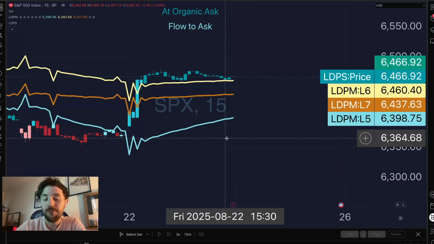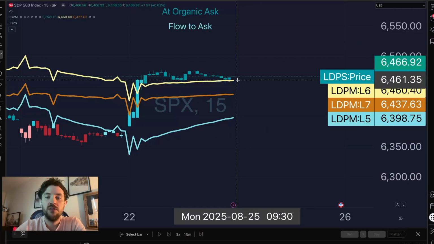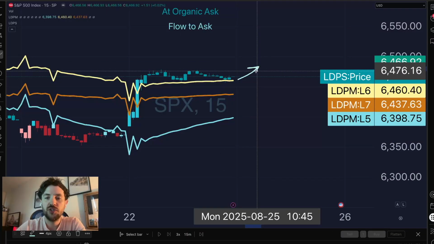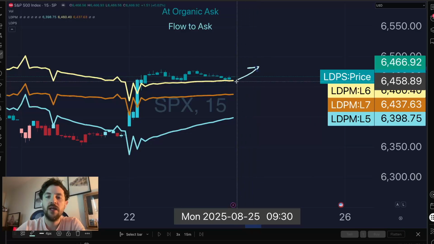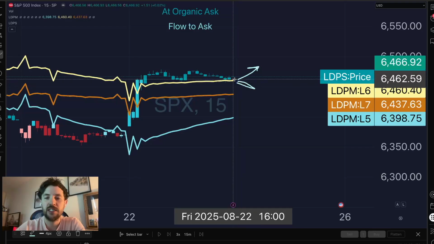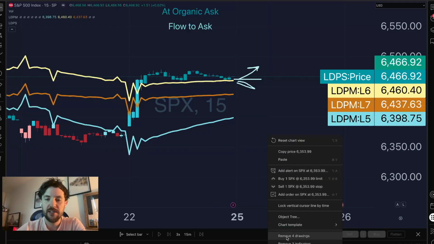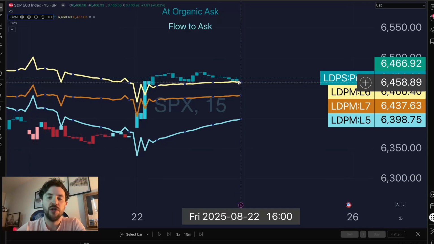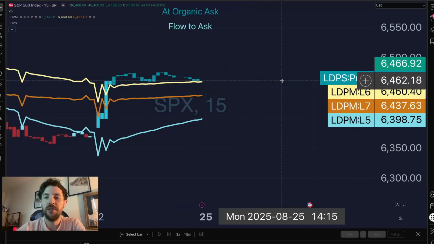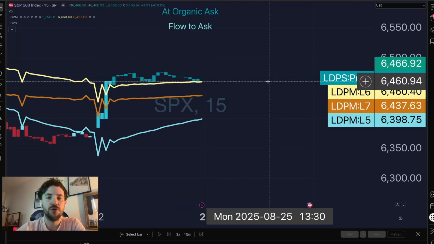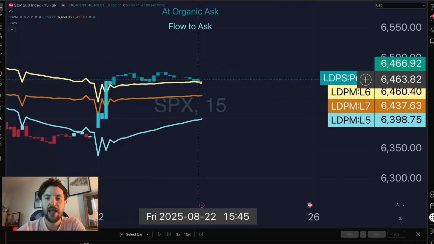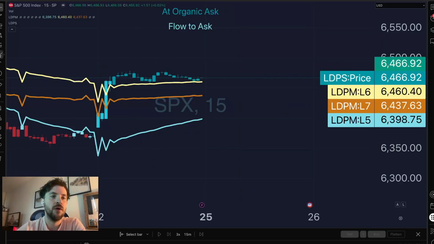So the takeaway for this is bullish. I would probably not size a full size into this, right? Because I really want to see how these next few candles interact with that support. If bullish bounces up, we get a nice big bounce, then maybe start sizing in. But if we start demanding support from that LDPM L6, and bearish liquidity starts coming through,